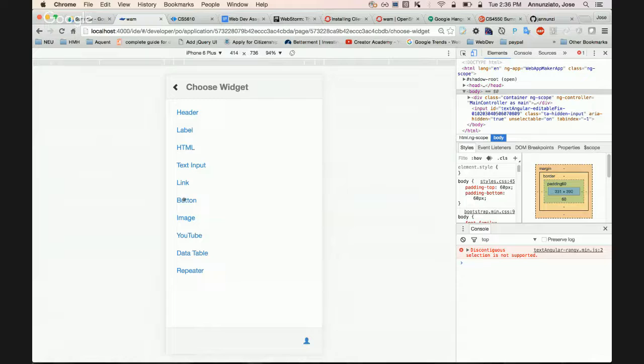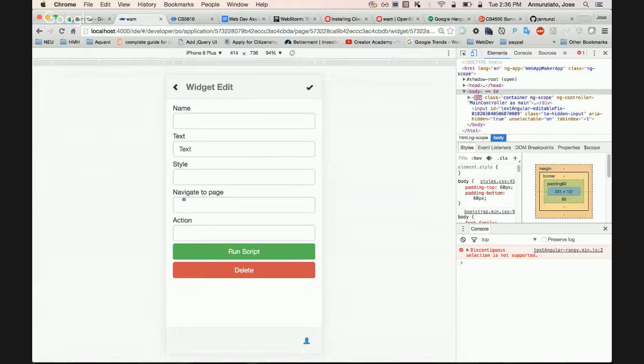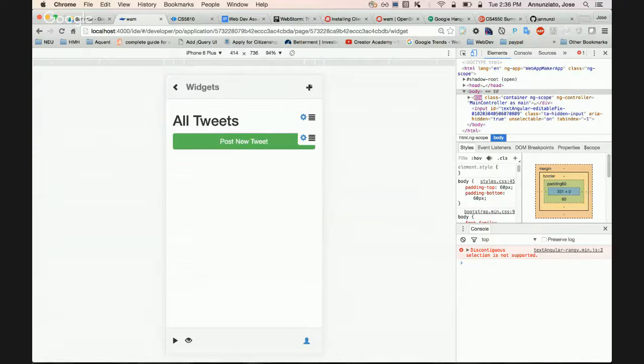So I have these 2 pages, right, that allow you to see all the tweets, and one that allows you to post new tweets, right? So I have a button here that I can say the text might be post new tweet that navigates to new tweet. And I'll give it a color, maybe success, like greenish. Say, okay, there it is, right? So like we can try it out.